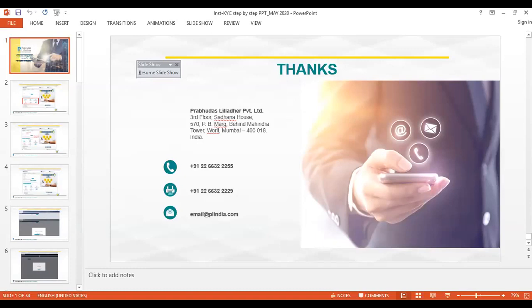I have a question. In this situation, if the client cannot take out the printout, what is the solution? Sorry, I don't have a solution, because if a client does not have a mobile number linked to his Aadhaar, the only solution is that he takes a printout and sends us the form duly signed as if it's a physical case.